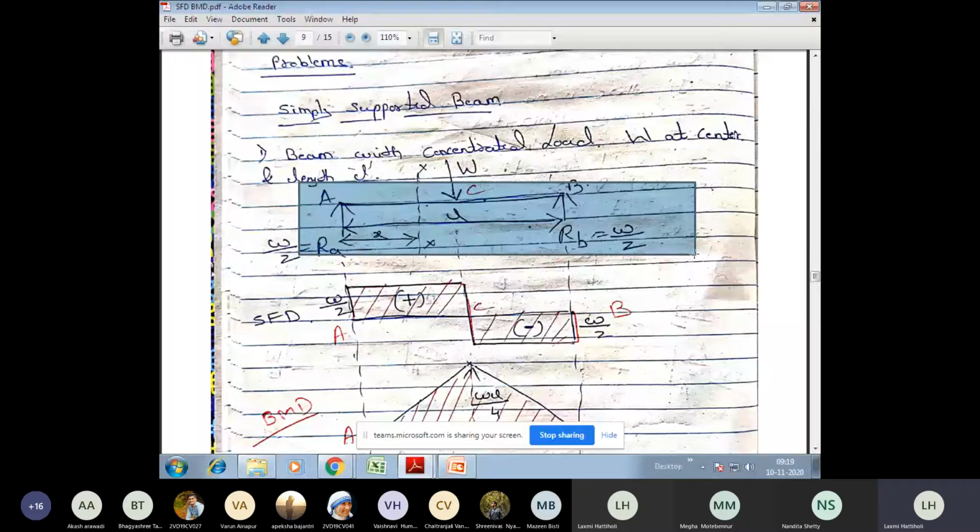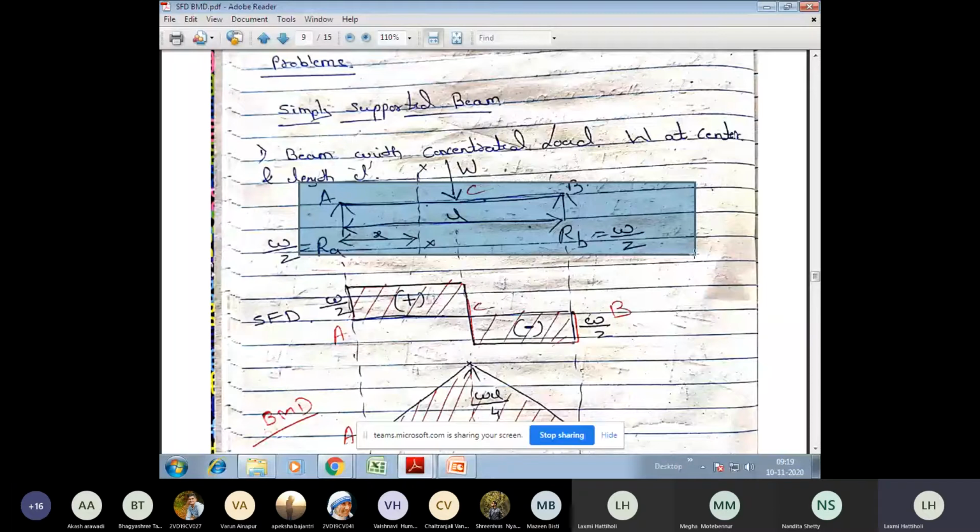Now, what's the load here? It's the concentrated load at the center, right? And what's the span of the beam? It is L. Sometimes they may give you values, or if the value is not given, they give it in the form of notations. Here the value is not given. Instead of a value, they have given the load W, and instead of a span of 3 meter, 4 meter, or 6 meter, they have simply mentioned the length L. So it can be a value or a notation, and you proceed accordingly. Anyhow, the procedure remains the same, right?